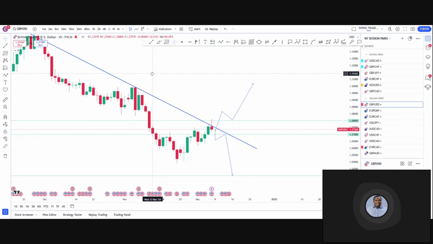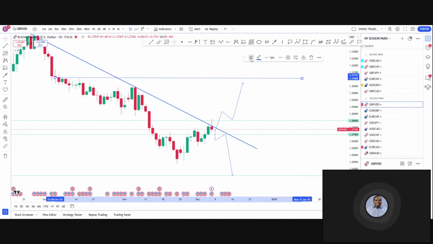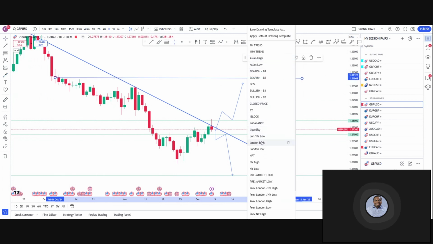So this gives us a directional bias that we should be expecting. If price breaks above this high, close above it, then we want price to push above 1.28 to continue to the upside, and then we'll be targeting this liquidity area that price have over here. All of these places, this will be massive liquidity area that price will come to. So we'll mark that area as liquidity zone,